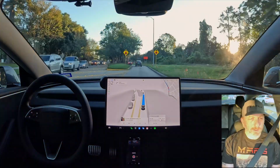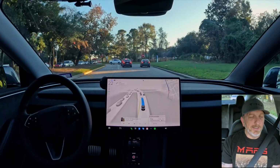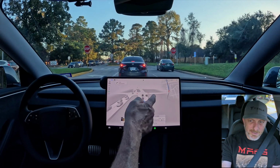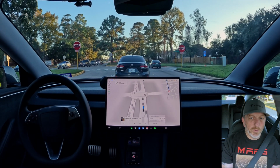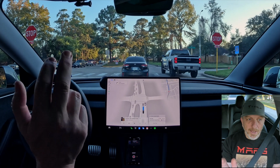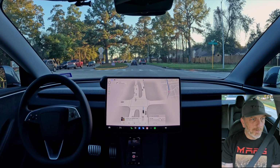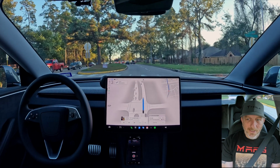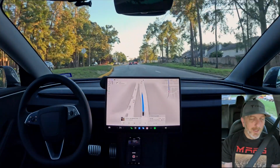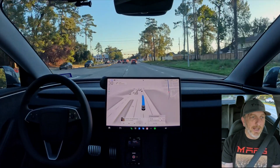I enjoy having that up there too. But the only downside to it is that the only navigational map I see is in the upper right corner there. So I get the full FSD visual, but I do not get the full navigational visual, and I only get to see about a quarter of a mile ahead of me. But again, that's fine, because when I do these FSD drives, especially the ones that I film, I want